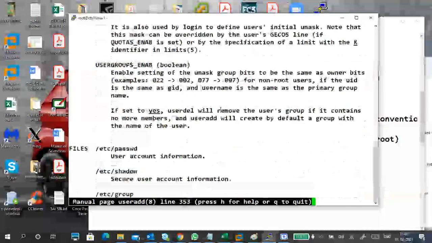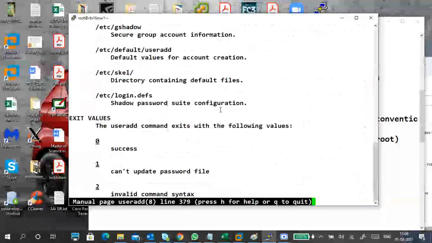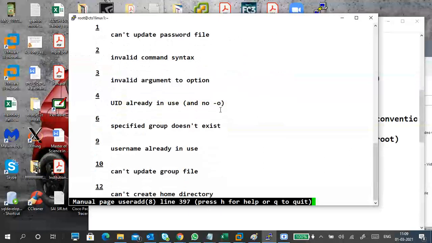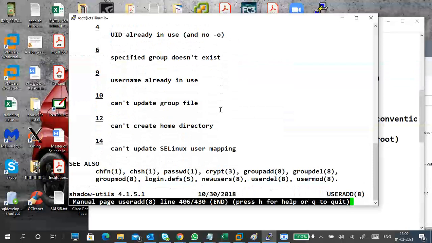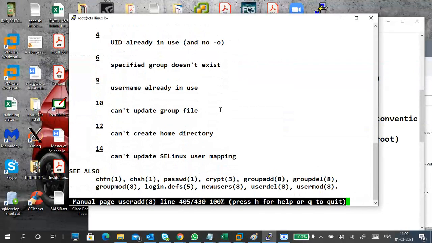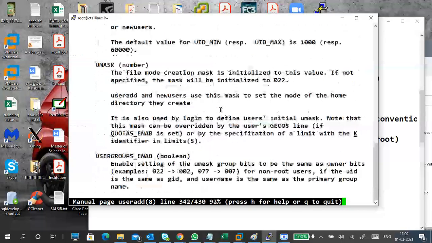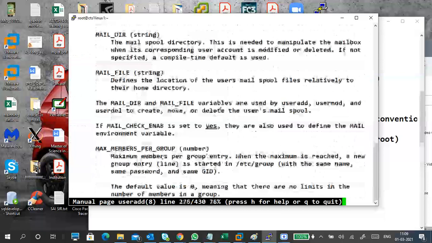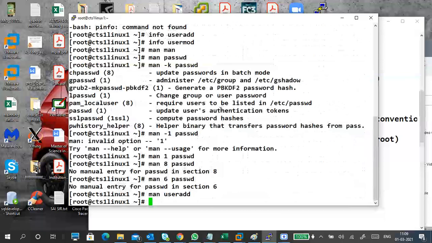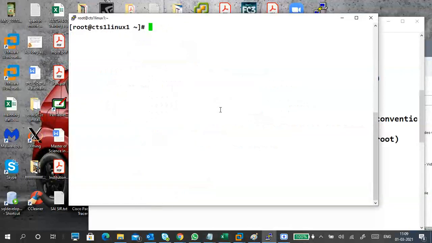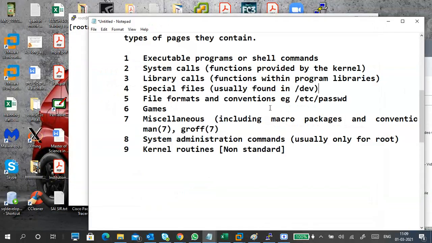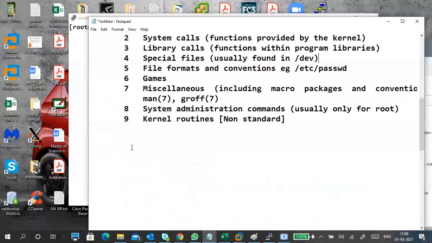I want to go down, that's it. Same information as the info command. But sometimes between man and info there can be a little bit of difference, so we are using both of them. Okay. So here is the thing, when you don't know the command,